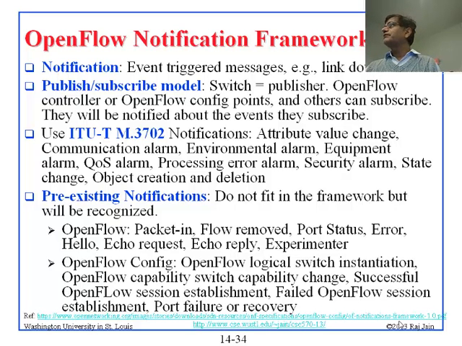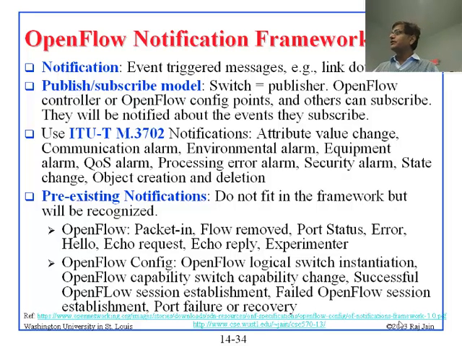The old notifications were something called packet in. Packet in is when you got a packet that didn't match anything, then you send it back to the controller as a notification saying that, look, I got a packet and here is the first few bits of this packet. That is called a packet in event. Flow removed.